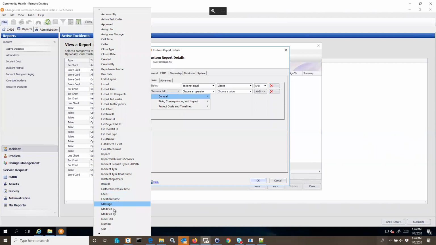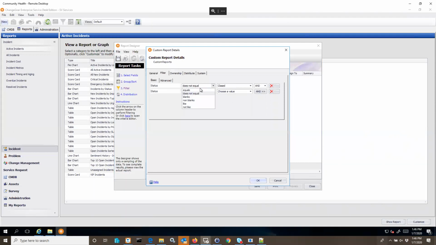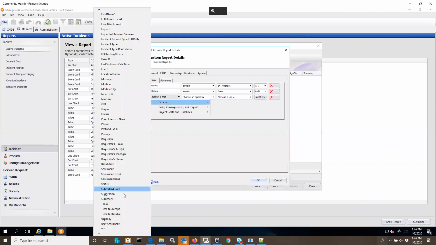So I'm just gonna add some. Let's add some additional statuses. So status equals in progress, or it equals new, and